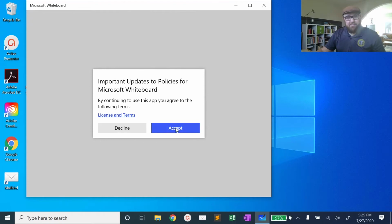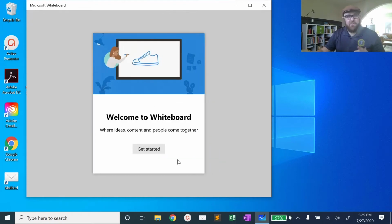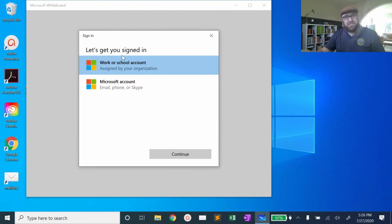I'm going to accept the policies. If this is the first time you're opening this, you'll get a prompt to take their tour. You can just say get started. It will ask you to sign in. This is actually connected to our Microsoft accounts. Students do not have Microsoft accounts, but Hemet teachers do. So you will want to select work or school account,